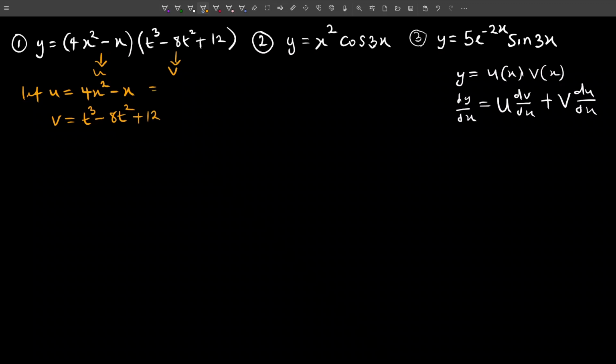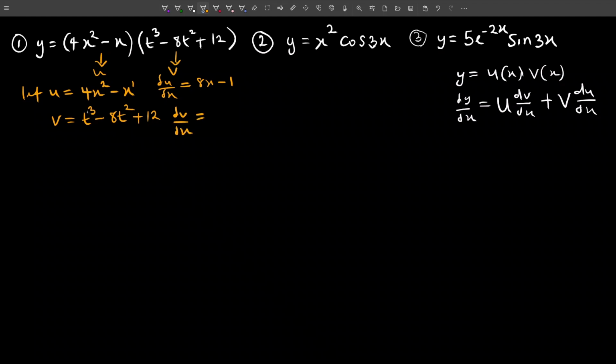All right, so let's differentiate u with respect to x. This should give me du/dx. So du/dx here will give me, if the 2 comes to the front and multiplies everything, 8x raised to the power 2 minus 1, that's 1. That'll give me 8x. Minus, differentiate x, this is x raised to the power 1. So 1 multiplies everything and becomes 1x raised to the power 1 minus 1, which will give me 0. So everything here will give me 1. When you differentiate x raised to the power 1, you get 1. So this is minus 1. All right. Then dv